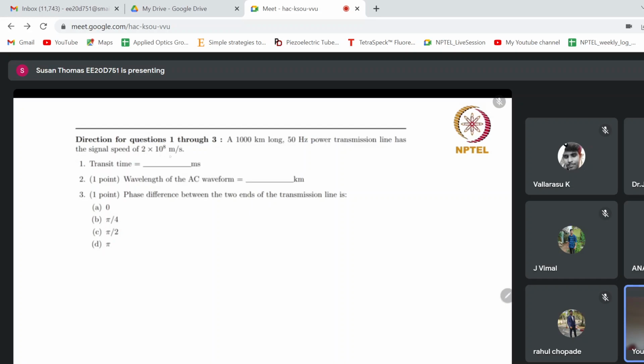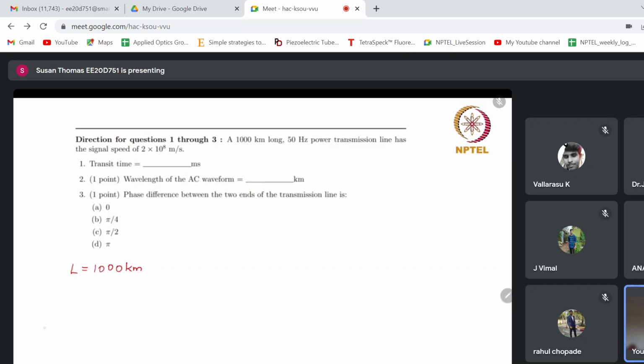2 into 10 power 8 meter per second. What is the transit time? So the first question is on transit time, and the second part of the same question is the wavelength of the AC waveform, and the third question is the phase difference between the two ends of the transmission line. So let us start by writing down the